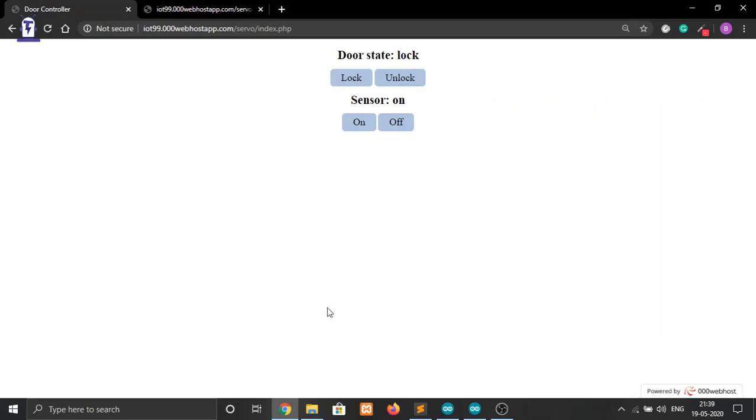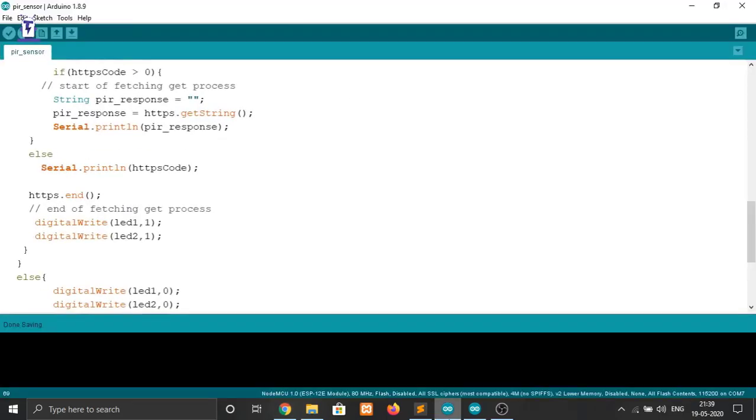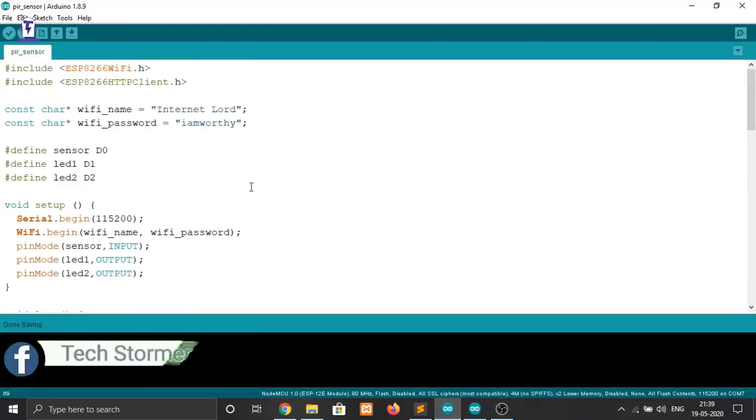So now we will understand how our PIR sensor is working. We'll go to the code of the PIR sensor. Here it's the same, we have included two HTTP header files for connecting to Wi-Fi, as it is also working over Wi-Fi. Next we have given our Wi-Fi name and password.